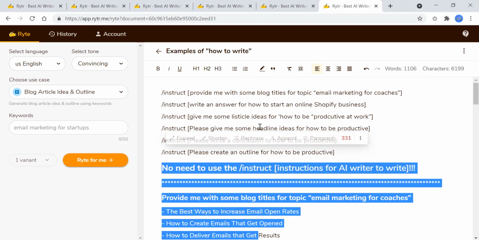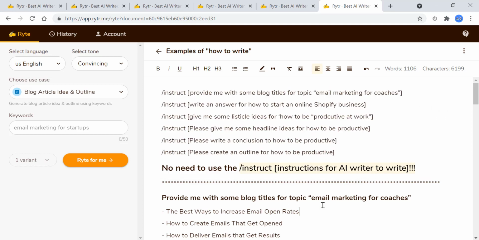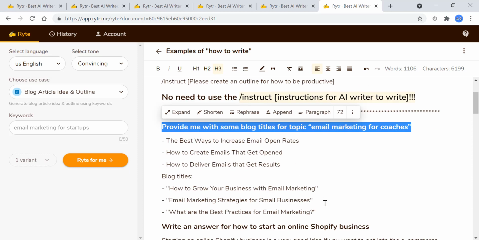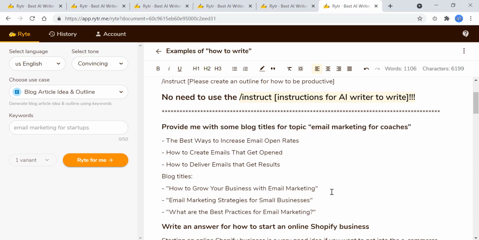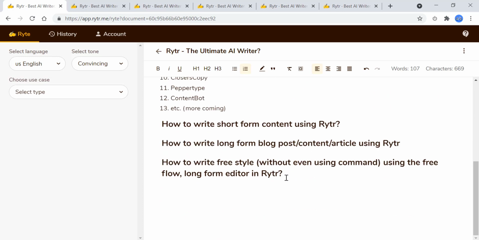So bear in mind that you don't have to use this instruction slash command anymore. You just have to write sentences as normal and just ask it to give you the output. So this is how we do. And with this, I think you have some very good idea on the capability of this new AI writer called Rytr, R-Y-T-E-R. It is the ultimate AI writer, I guess so, and I hope that they will improve on all these features to give us a better